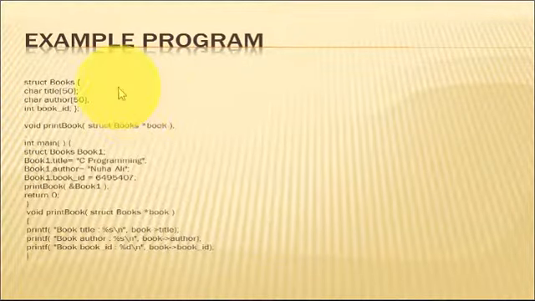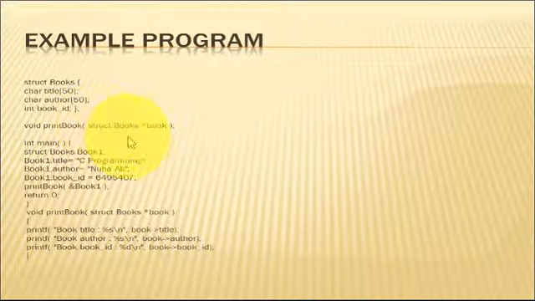In this example, struct books, where struct is the keyword and books is the tag name, the structure name. Here we have three data members: title, author and book ID. Title and author are character arrays, each with a maximum size of 50. Book ID is an integer.